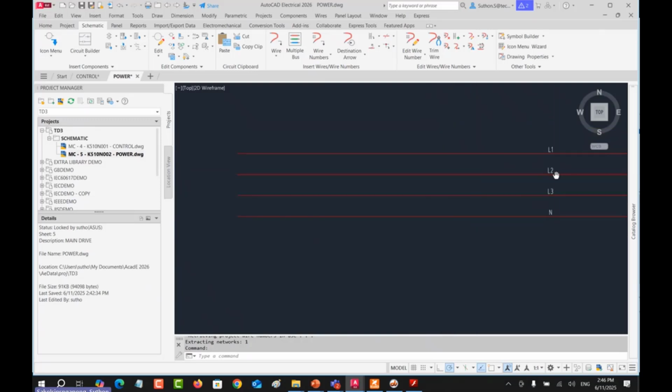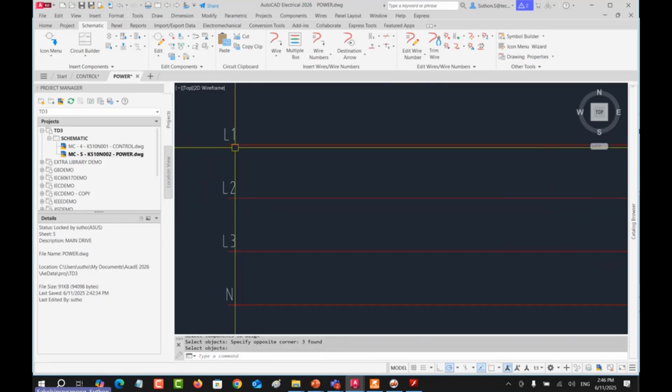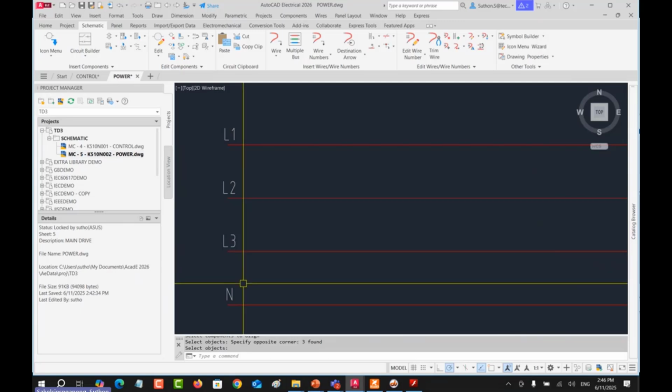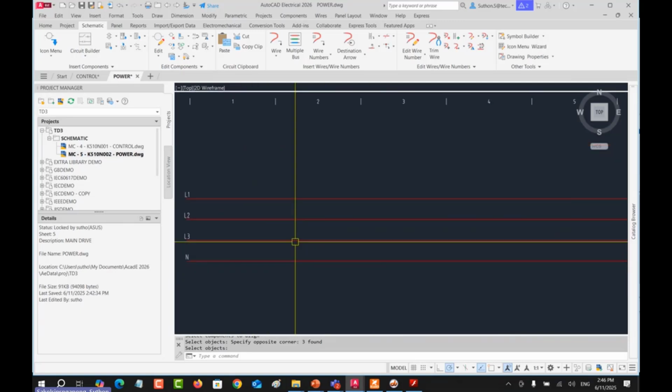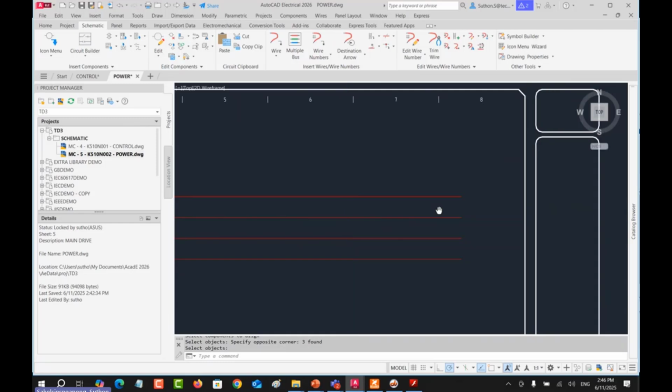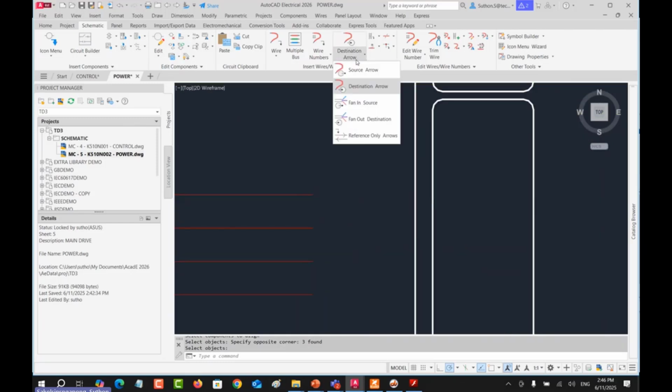And then I want to scoot the wire number to the left location. And then I want to use the align as a vertical, L1 as a vertical reference, and the others will go to alignment with this L1. Easy like this. And then one is going like this, you can use this.